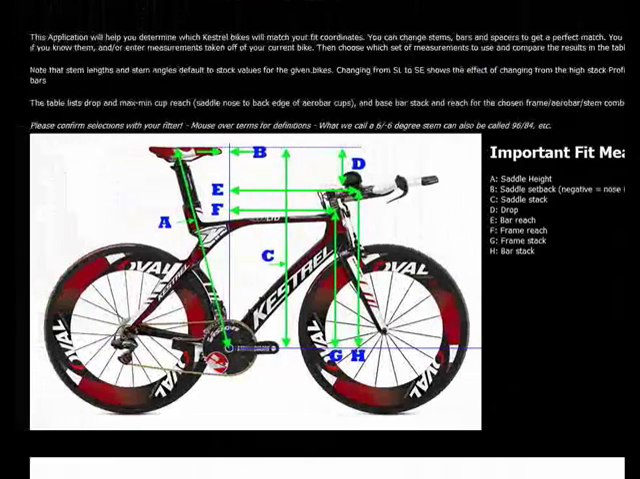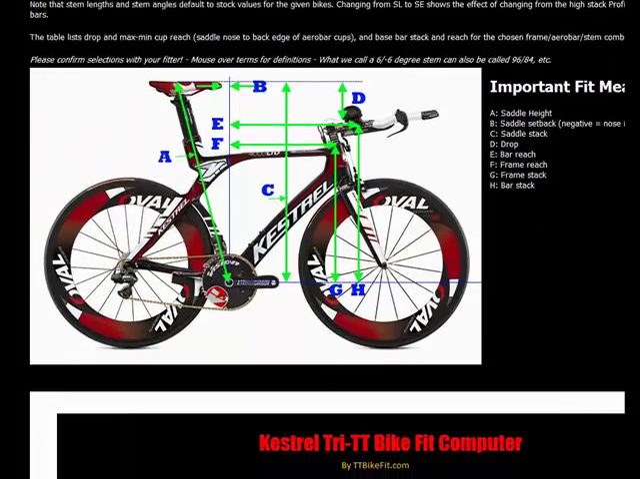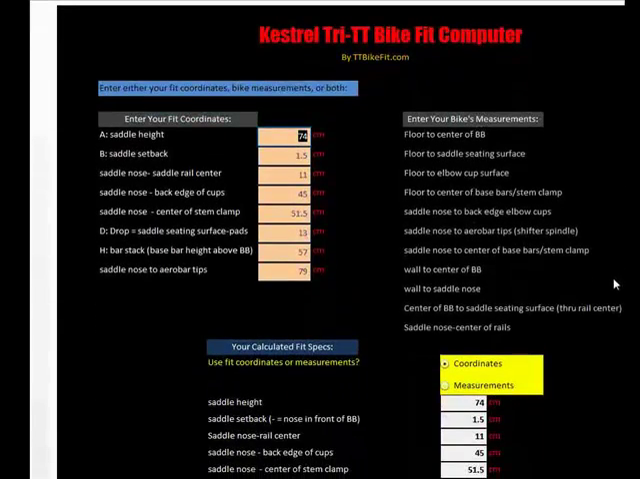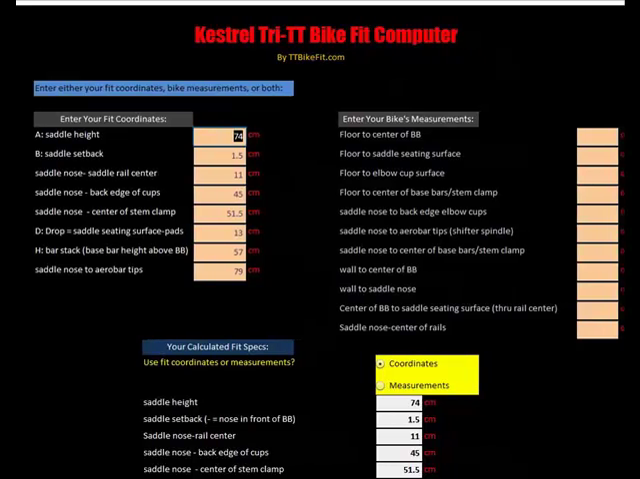At the top of the page, you'll see that there is some explanation, and there is a diagram showing some of the important fit coordinates, important fit measures that are useful to know for a fitter when trying to fit someone on a tri-bike. But if we go right down to the actual computer itself, you'll see that at the top